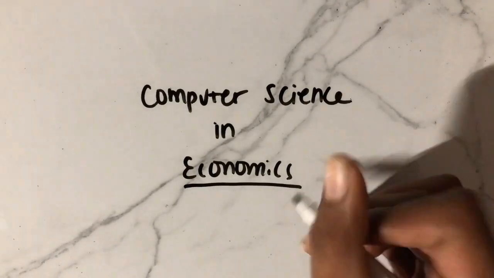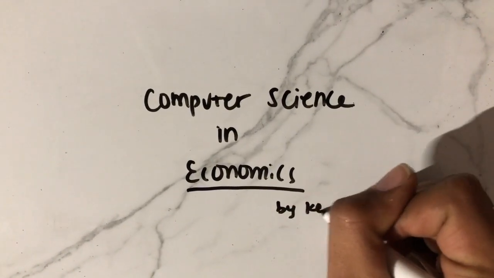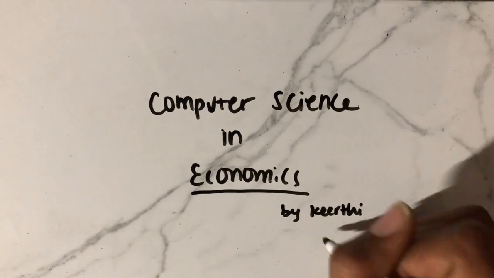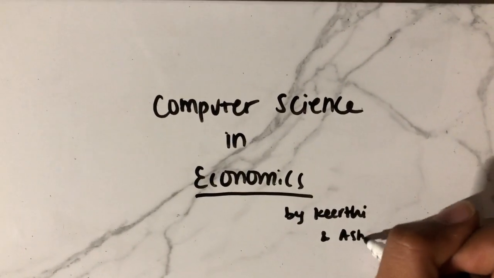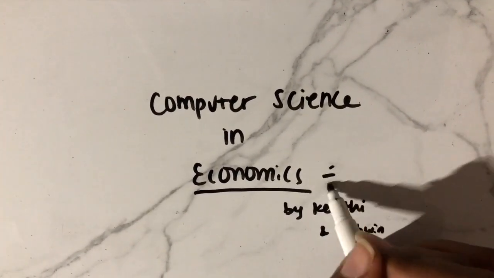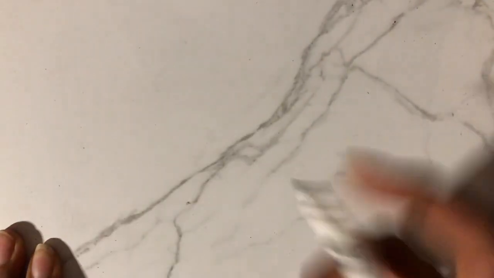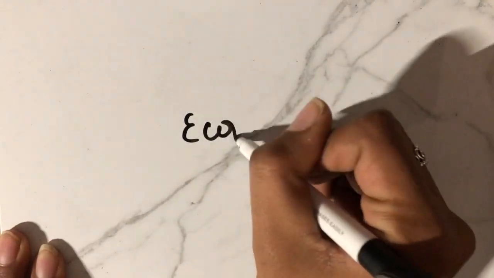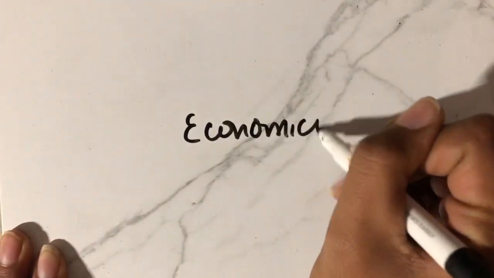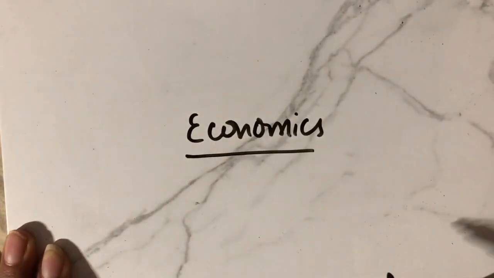We know that computer science is everywhere, but we wanted to delve into a field that's a little bit closer to our hearts, and that's the field of economics. Now, typically people think that there's little overlap between the two fields. However, we disagree. Now, economics is the science of choices, with microeconomics focusing on individual firms and macroeconomics focusing on